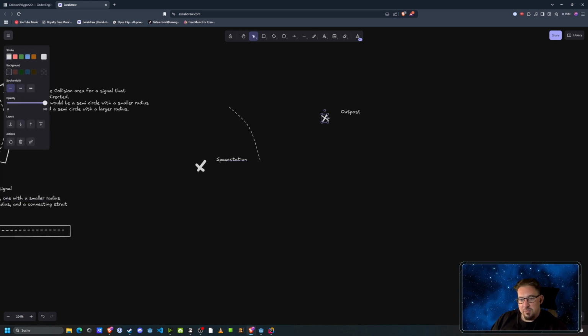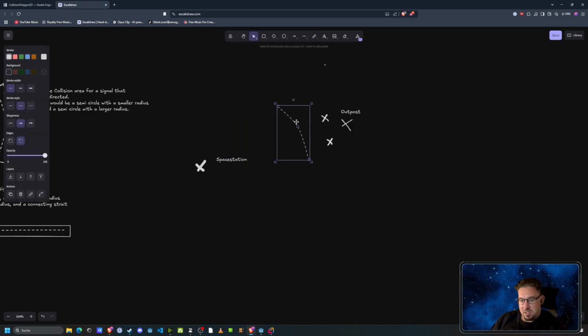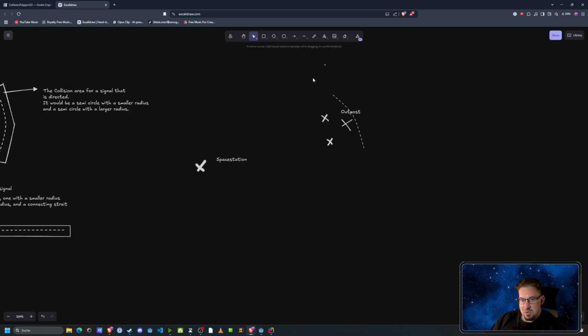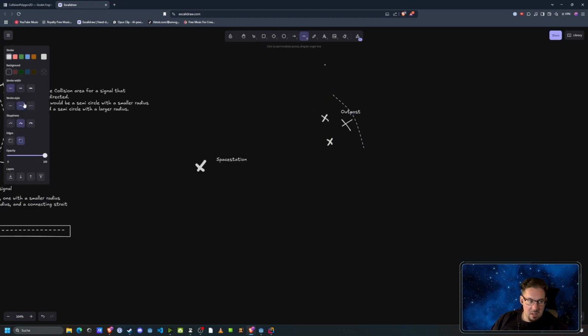But maybe you build two outposts and a third outpost, right? So when the signal is traveling, because of how many times it was intersected by different outposts, you can triangulate the